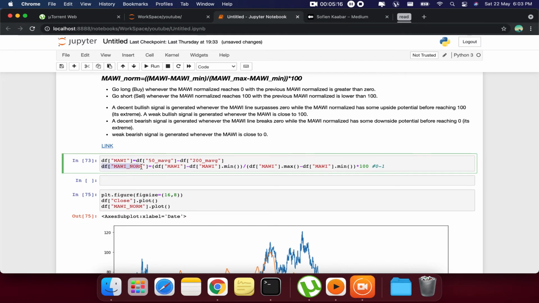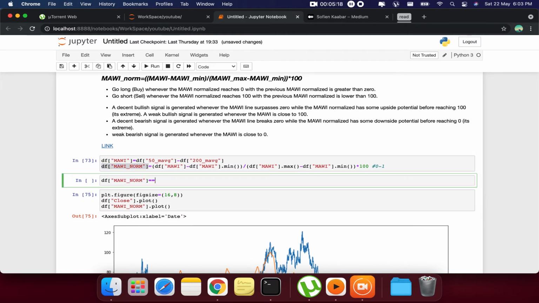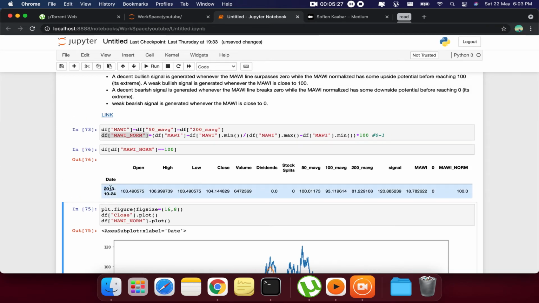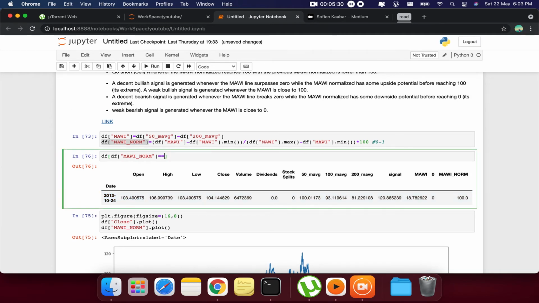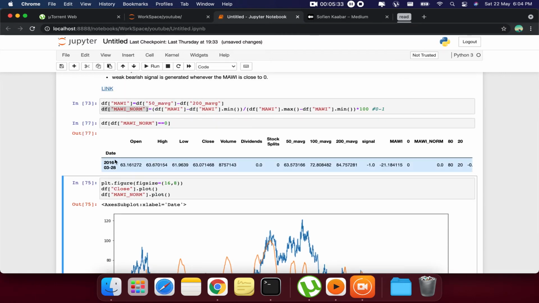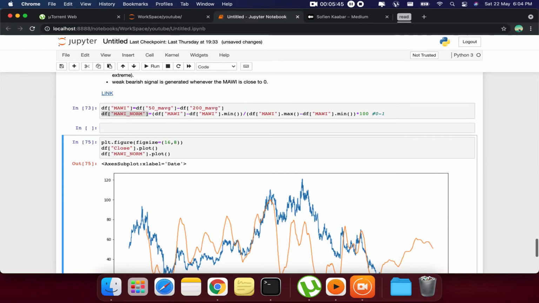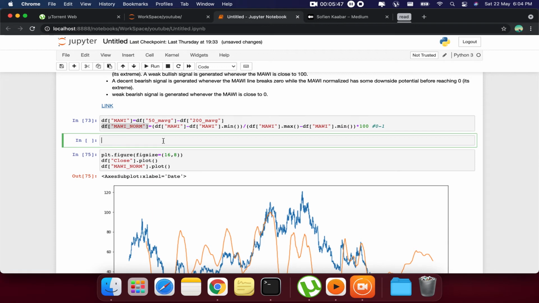If you give it a DF of 100, you will see that only one sell signal was generated, in 2013. If you give it 0, you will see that only one signal was generated, in 2016. So basically there are almost no signals here. For such a young market, I think a threshold of 80-20 or 90-10 is a much better option. I prefer the 80-20 line, so we will go for that.